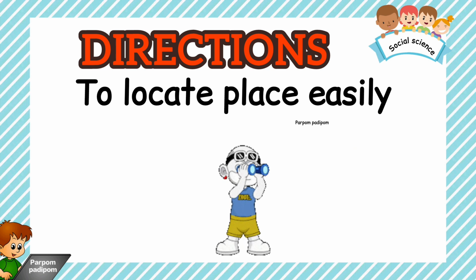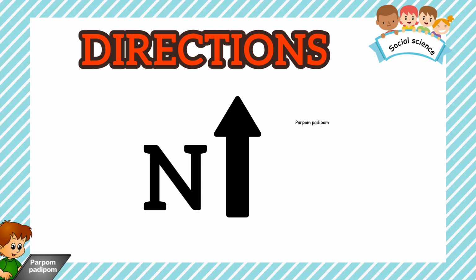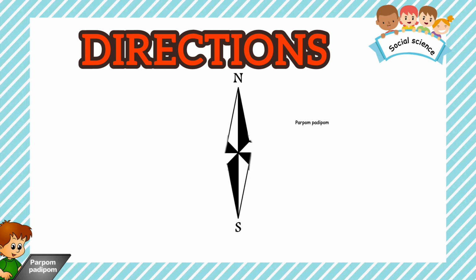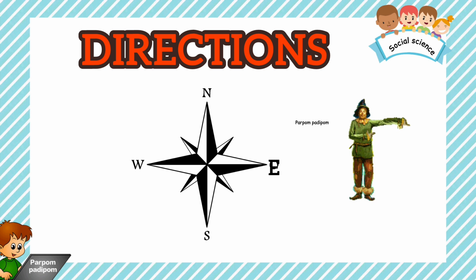Maps are generally drawn with a symbol like an arrow and N at the top of the map. This represents the north direction. You know that the north is at the top. It is easy to locate the south, which is at the bottom and is opposite to the north. The east is then to the right of the map and the west is to the left.